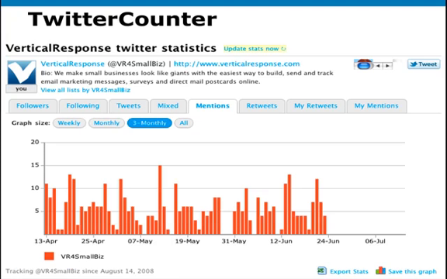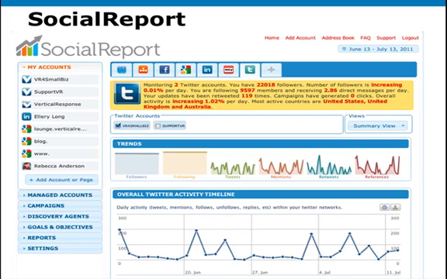Another Twitter-specific tool that I get a lot of use out of is Twitter Counter. This will actually give you counts of mentions, retweets, and followers, all key metrics for Twitter as far as deciding how much engagement and how much reach you're getting. So this is a quick little shot of that. It's free to use at a light version. It's not free to get the full package of analytics, but it's pretty inexpensive, less than $20 a month, I would say off the top of my head.